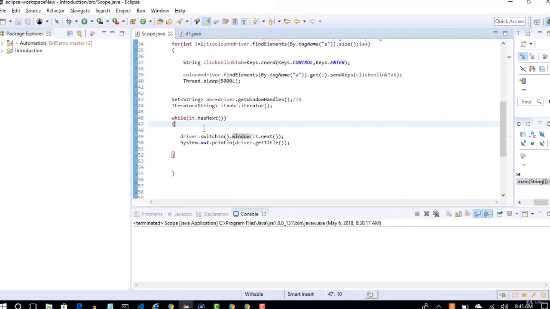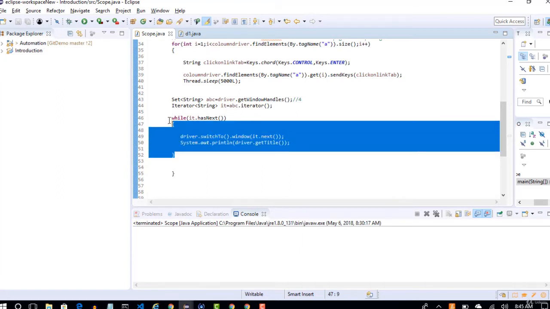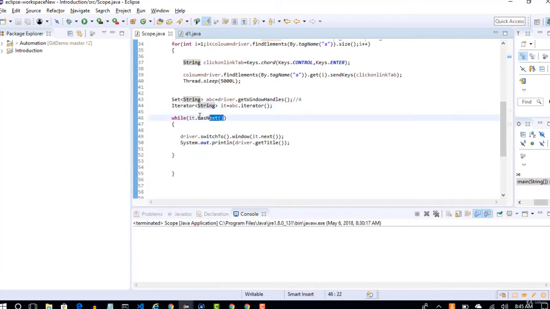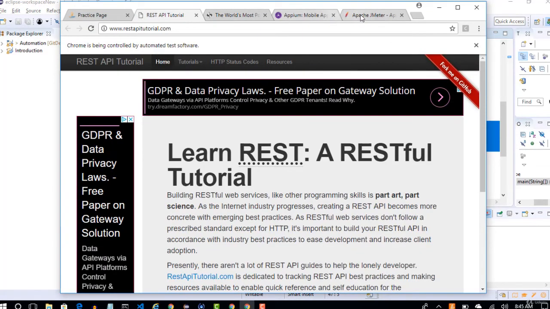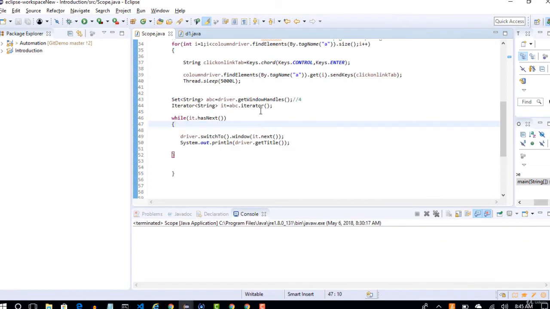But instead of that, wrap everything in a while loop and say that if it is present, keep on looping. So once 5 windows are completed, at the 6th time the loop starts here again. Now it will check if the iterator has a next window, and it's not present.